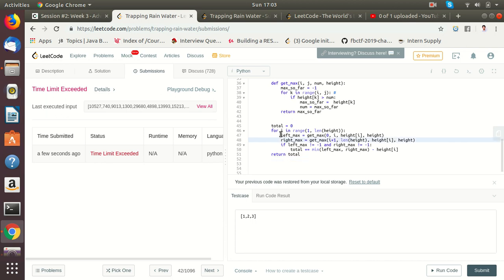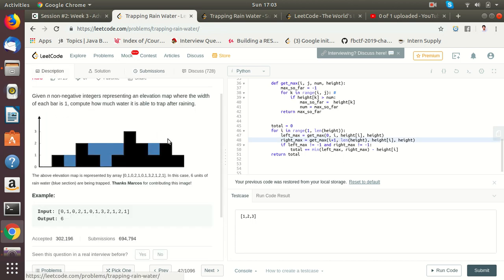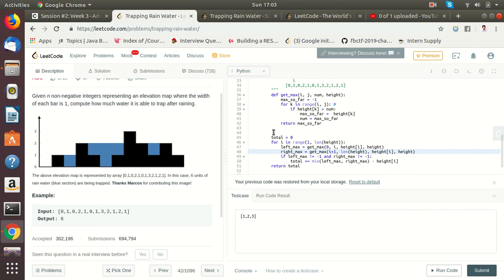The part of the code that makes it O(n) squared is computing left max and right max over and over again, right? So let's try to think about calculating the max at once. Can we use an array maybe to store it? One way would be using extra space. Let's say we have an array,